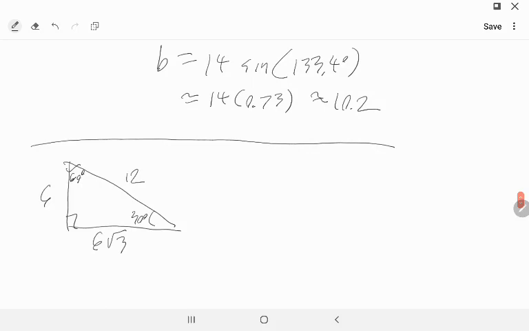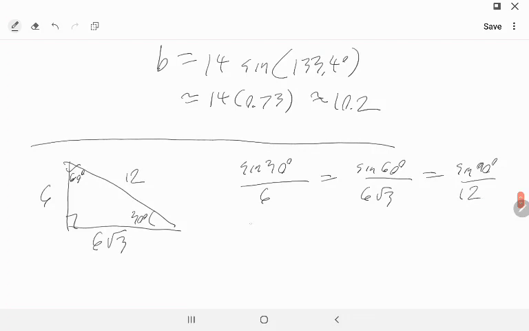But what we notice is that if we look at law of sines, we know that sine of 30 divided by 6 should equal sine of 60 divided by 6 radical 3, and both of those should equal sine of 90 divided by 12, and we can verify,